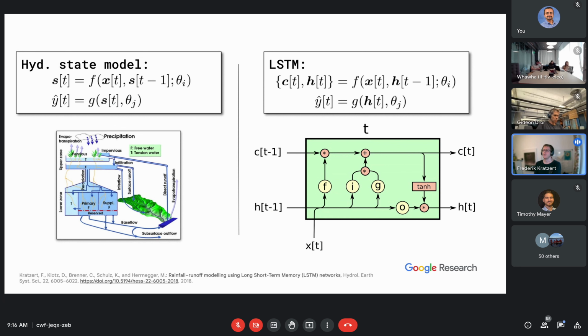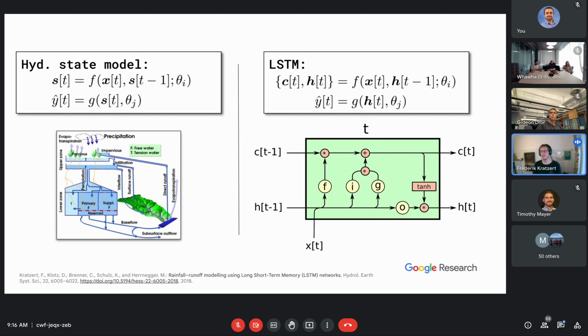And with this slide, I want to convince you that there are very good reasons that this particular model is a very good fit for the problem that we are trying to model. The reason is that LSTMs are conceptually similar to any hydrology model, or to how we as hydrologists imagine the world, the hydrological environment, but with some advantages.